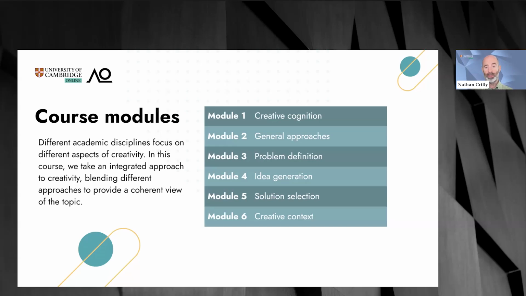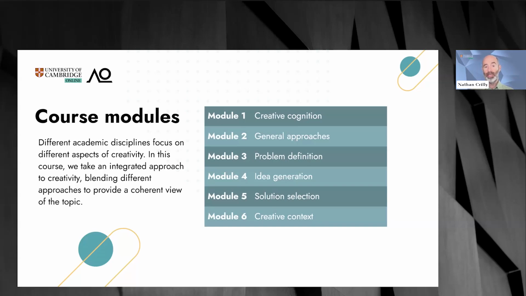So almost taking an ecological approach to problems. Then after modules 1 and 2, which has helped us set up a foundation that we can use throughout the rest of the course, in modules 3, 4, and 5, we worked through a 3-stage creative process. So module 3, we look at problem definition, trying to spend time really understanding what the problem is before we leap into solving it. We use these different ways of exploring the problem and reframing it and approaching it from different perspectives.